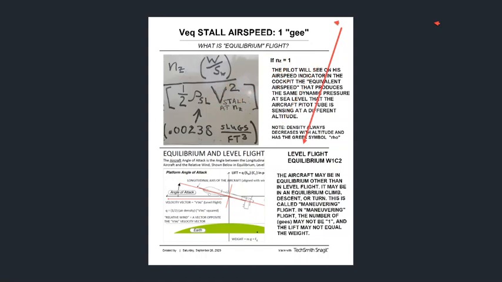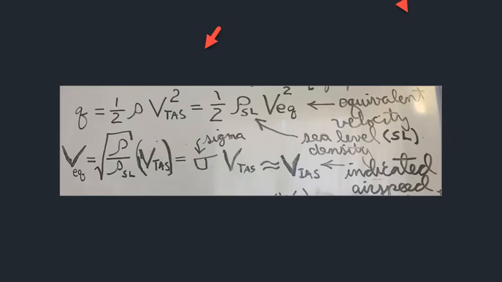I could have other equilibrium flights. I could be turning, descending, climbing, right? So NZ does not have to be equal to 1. But if I'm in level flight, then I get the 1G stall speed. So what other stall speeds are there other than that one? Well, if you look at the formulas,